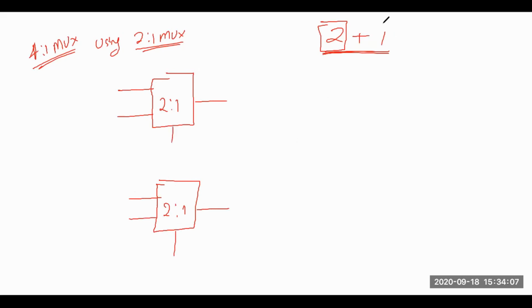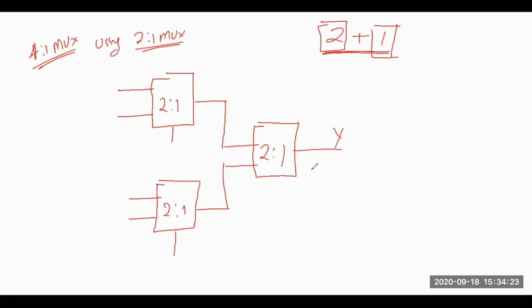In the second case, this one represents that I need one 2 to 1 multiplexer in my second step, and the outputs of the first step will work as inputs of this one, and at the end I will get the final output. So this will be my I0, I1, I2, and I3. Here also one select line will be there. After this, I need to fix these select line values also.